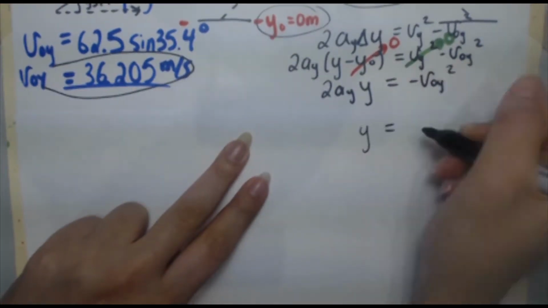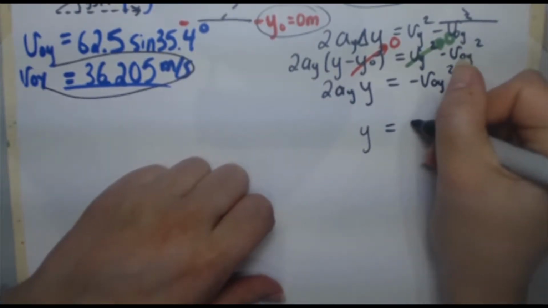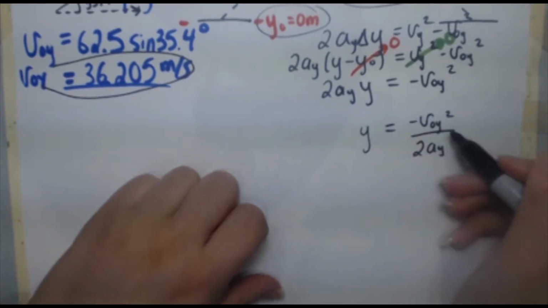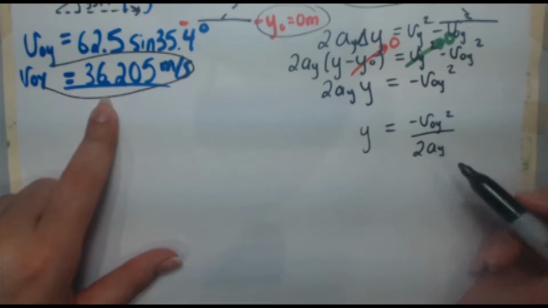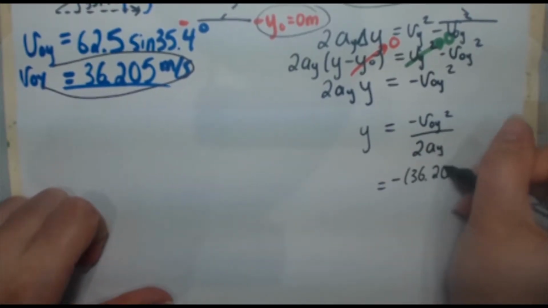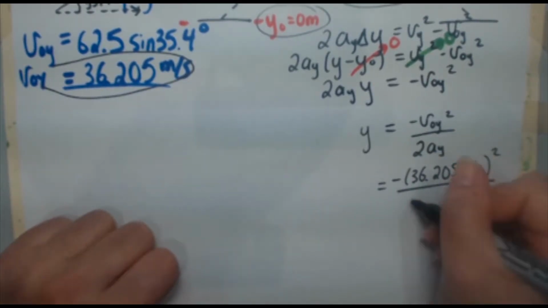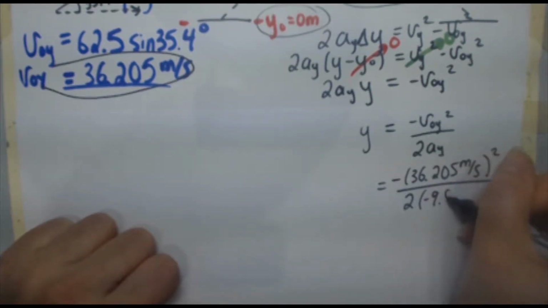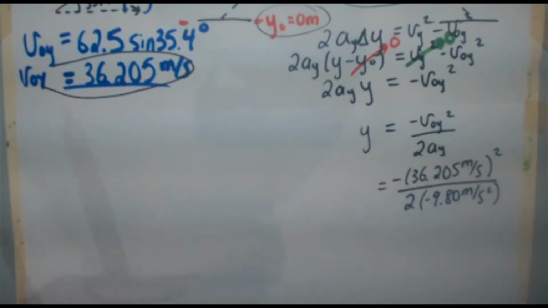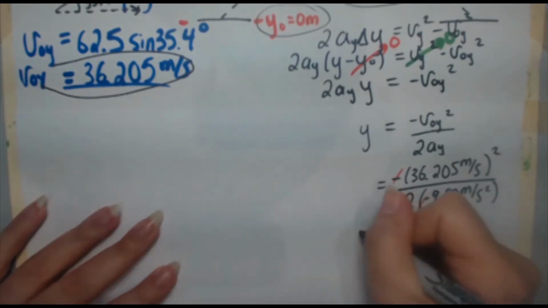So to get y by itself, you have to divide both sides by 2a y. So minus v naught y squared over 2a y. We calculated v naught y squared to be 36.205. Don't forget that negative in front. Negative 36.205 meters per second, and that gets squared. Divide that by 2a. Remember, we defined up to be positive, so a is negative 9.80 meters per second squared. That's pretty handy because the minuses are going to cancel, leaving you with y equals